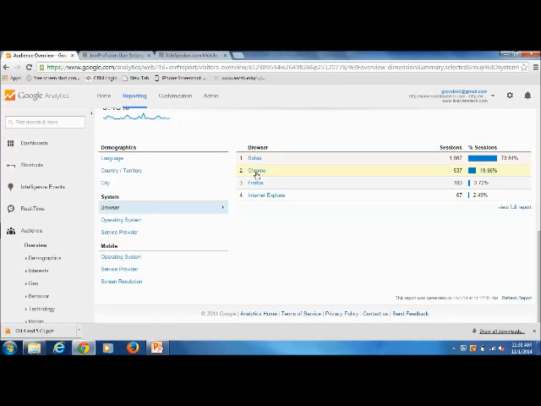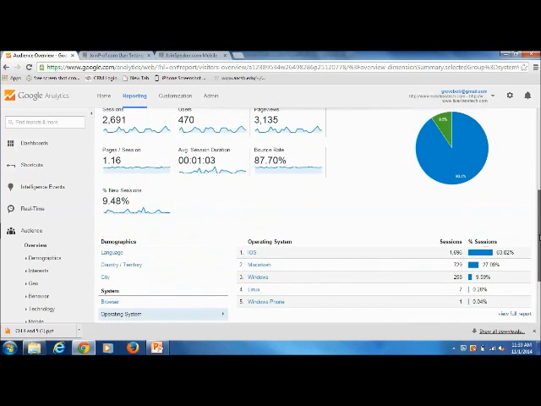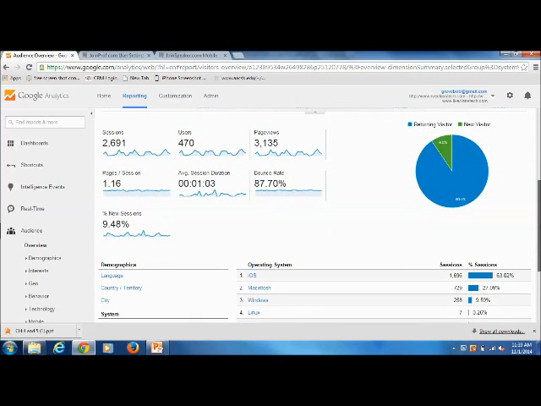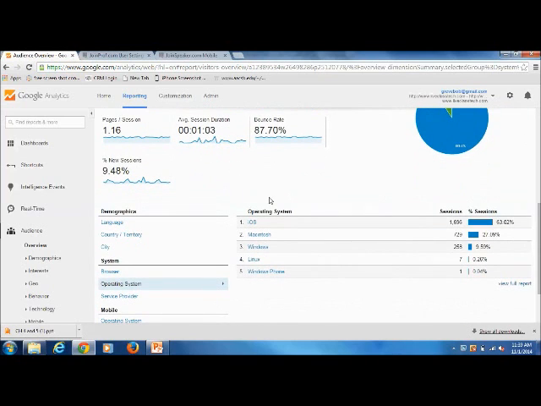Perhaps they're using their smartphone, their iPhone rather. The operating system, yeah, this confirms it right there. That's Apple's operating system. You have a few Windows users, etc. So you can really glean a lot by looking at the data, and this can help you, for example, optimize your content for the specific types of browsers and audience response systems that you're utilizing.